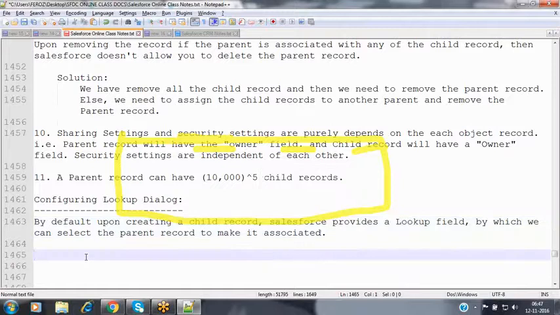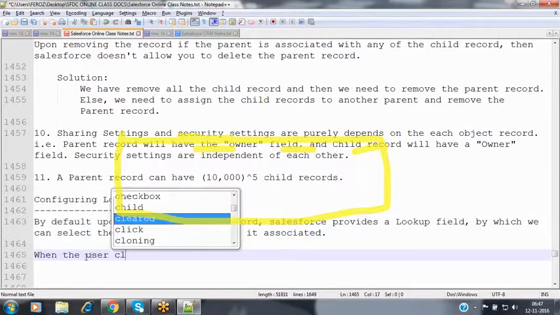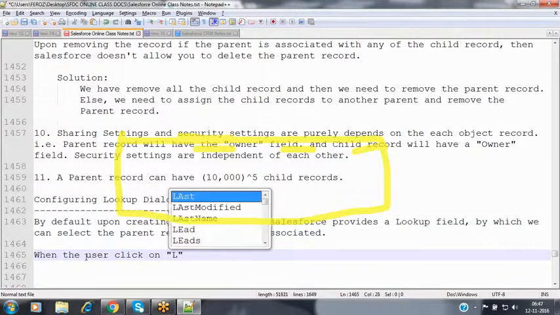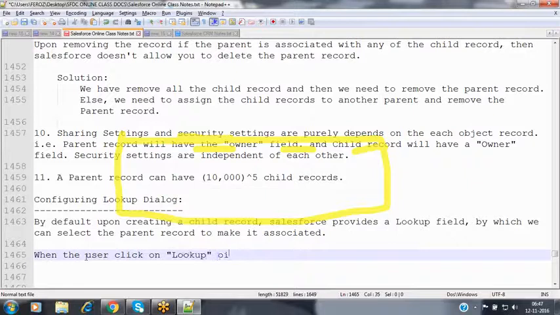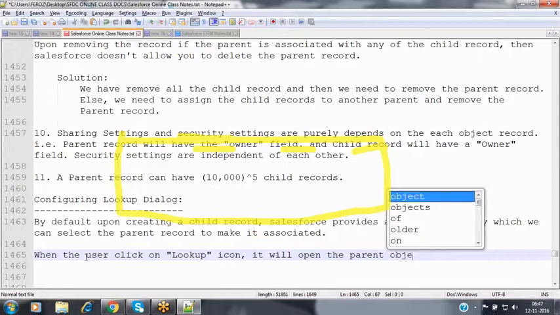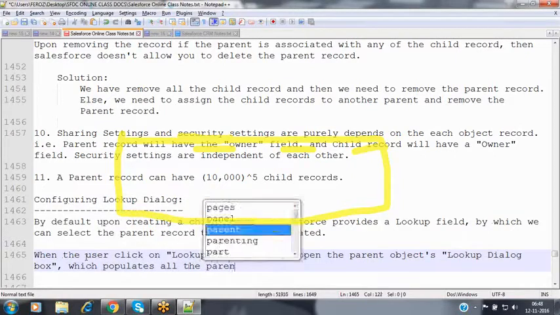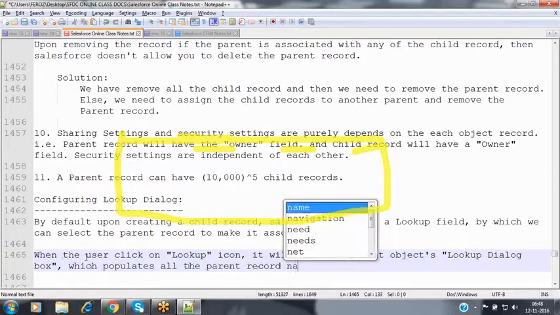Now, when the user clicks on the lookup icon, it will open the parent object's lookup dialog box, which populates all the parent records.